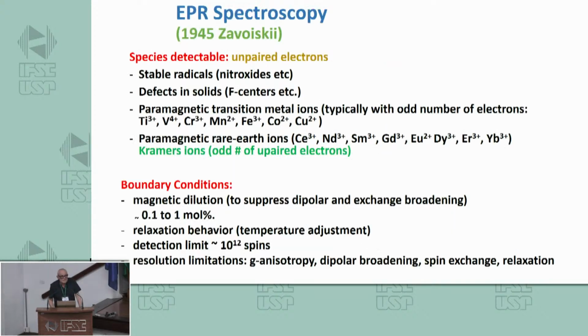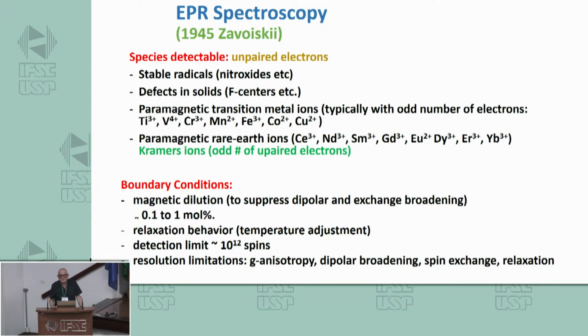So, EPR spectroscopy, a technique pretty much the small brother of NMR spectroscopy, also pretty much invented around the same time in Russia. EPR spectroscopy is spectroscopy of unpaired electrons. That means open shell species, which could be of different types of nature. So diamagnetic materials are not of interest here, but only materials that have unpaired electrons as part of their structure, for instance,